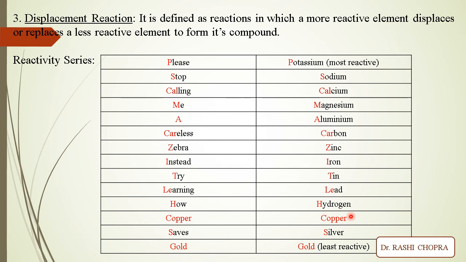Let's say I have copper that reacts with zinc sulfate. Now, what is going to happen? Nothing is going to happen. Why? Because copper is less reactive than zinc. Copper is weaker than zinc, so copper will not be able to remove zinc from the zinc sulfate solution. So when copper reacts with zinc sulfate, no reaction occurs. But when zinc reacts with copper sulfate, it will give me zinc sulfate and copper. So everything is dependent upon the reactivity series. Displacement reactions are also dependent on the reactivity series.